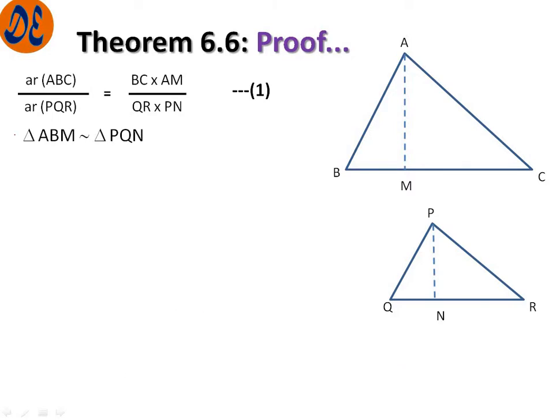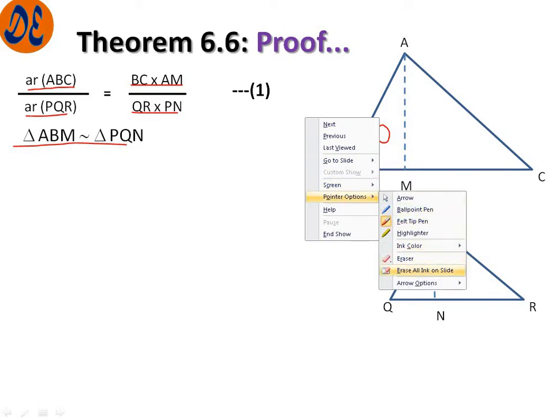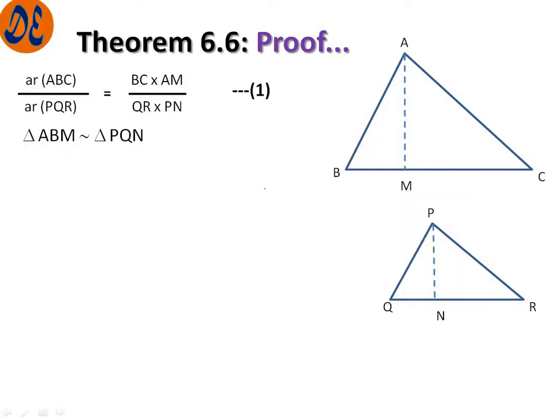So from the last slide we have borrowed this one: area of ABC is half times BC times AM, and area of PQR is half times QR times PN, so the halves are cancelled. Also, we have borrowed from the last slide that triangle ABM is similar to triangle PQN. So two things we have borrowed from the previous slide, so that we don't have to go back. Now